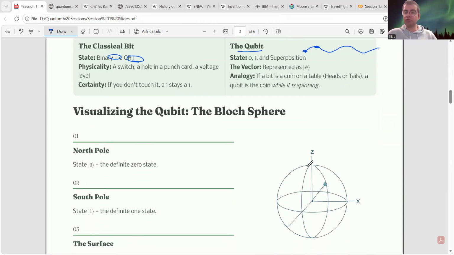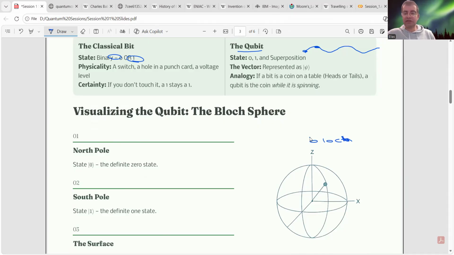If I want to show all the positions that the photon can take, I can show it with this figure called the Bloch sphere. I'm going to talk extensively about the Bloch sphere.